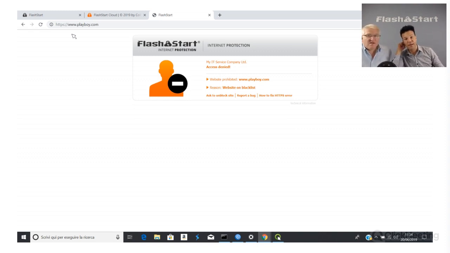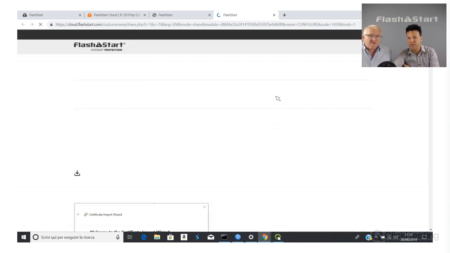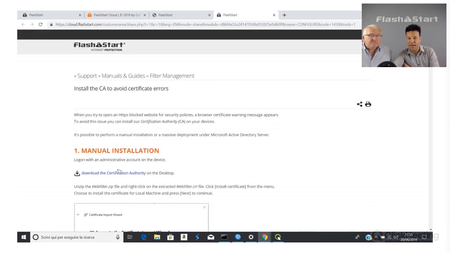we alter the normal DNS resolution, but the browser didn't send any complaint. Why? Because we have already installed the HTTPS FlashStart certification authority system. It's very easy. You can import with a double click, you can download. It's a normal certificate. It's a self-made certificate.